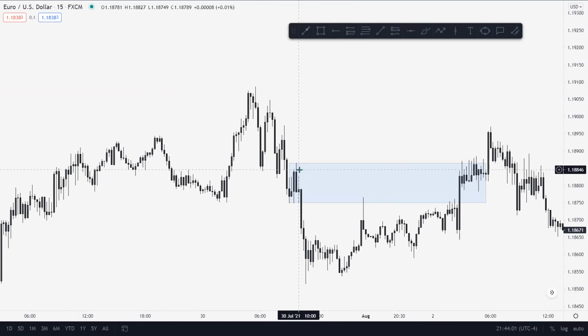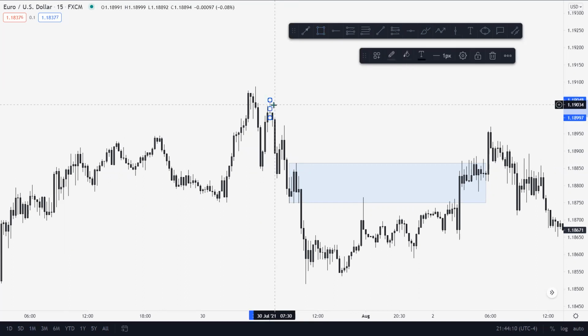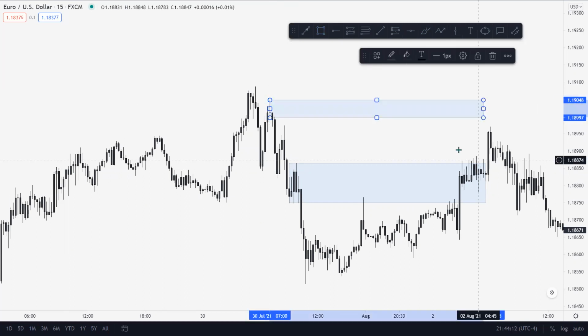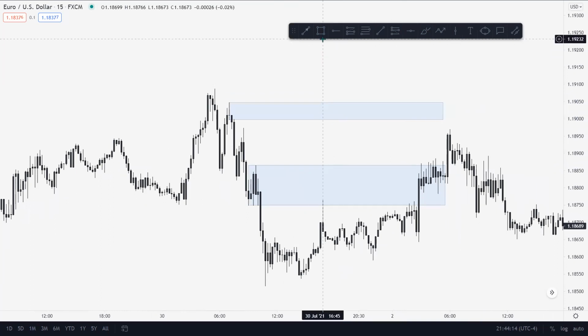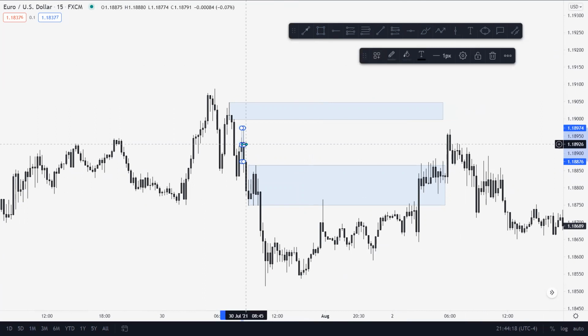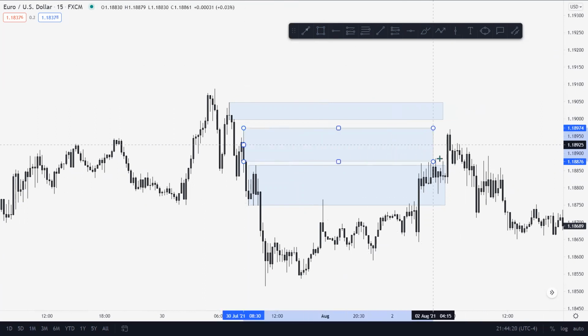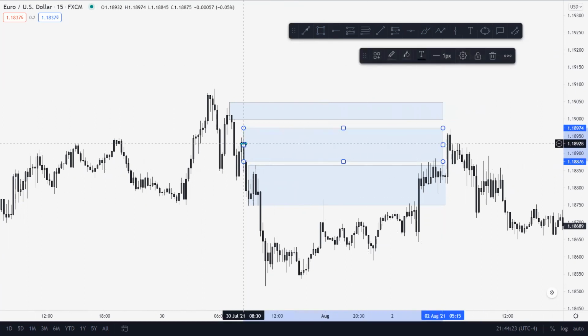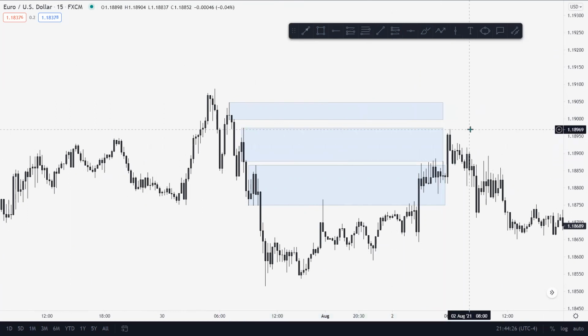I actually remember this happening. I tried to short it, and it didn't work. So we just start forming supplies. Boom. This is a super clear doji supply candle. Again, another supply right here. Boom, supply, sell off, right? Sold off. So we expect price to reject off of this and head down, which it actually did end up